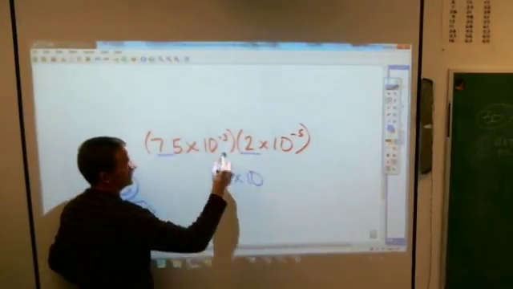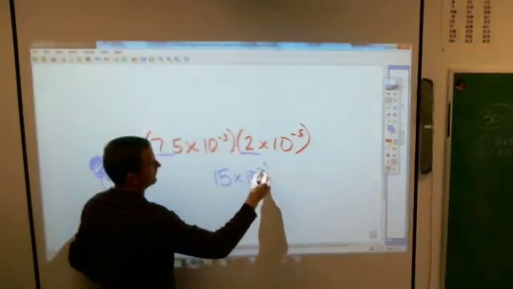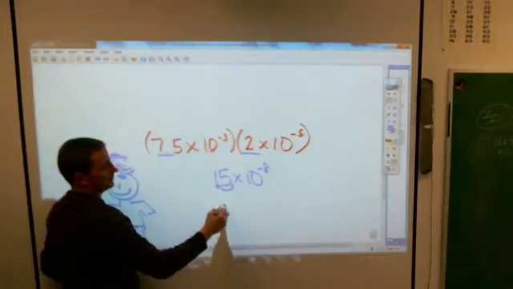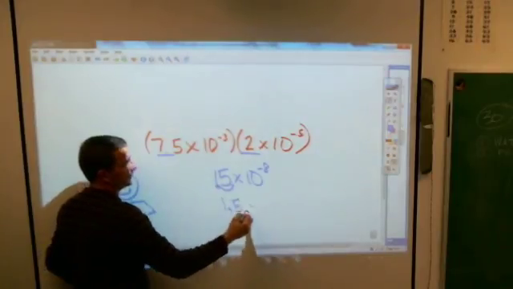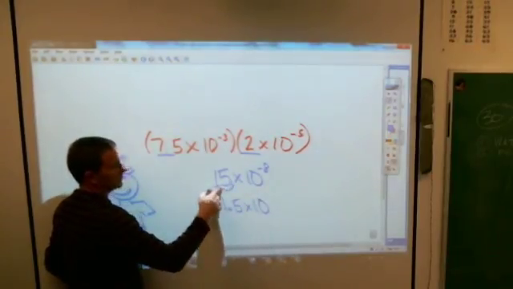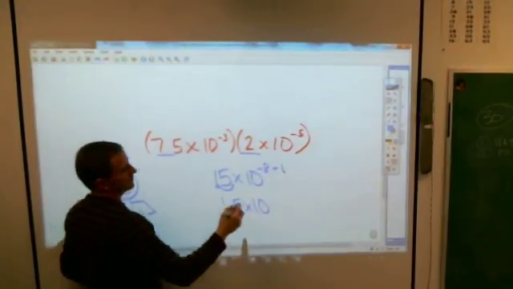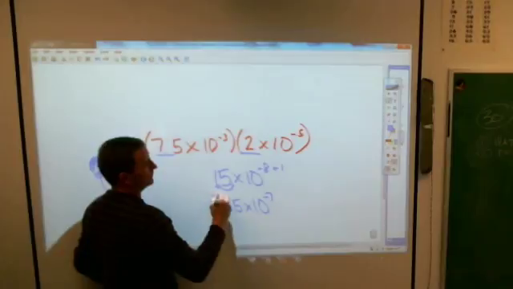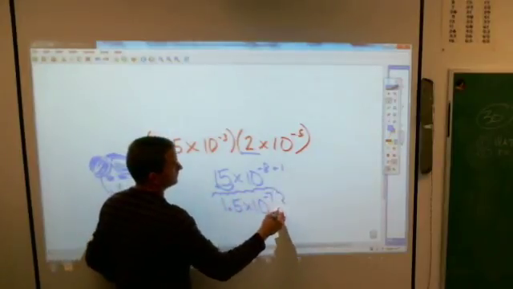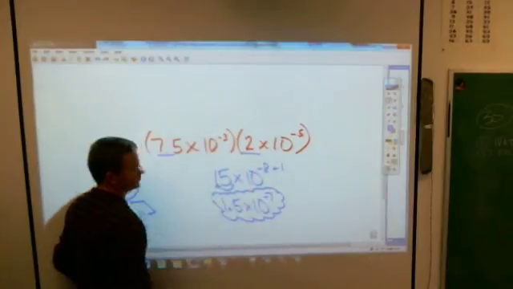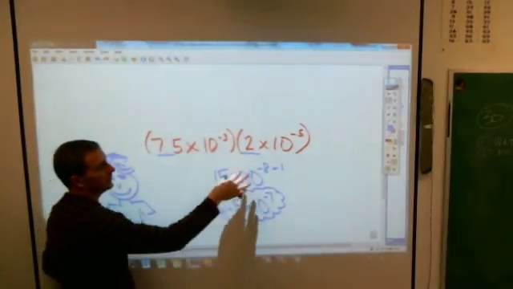Times 10, add exponents together, negative 3 to negative 5 is negative 8. Boom, I move this one place backwards and make it 1.5, I'm good with that. Now here you made this one smaller, so you have to make that one bigger. Negative 8 plus 1 is a negative 7. Yes? Always think opposites. If your number becomes bigger, your exponent becomes smaller. If your number becomes smaller, which this did, your exponent